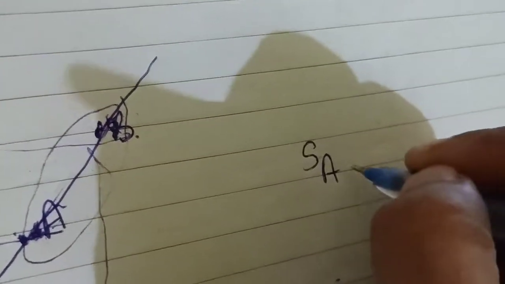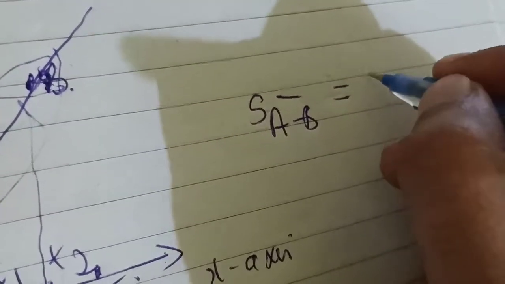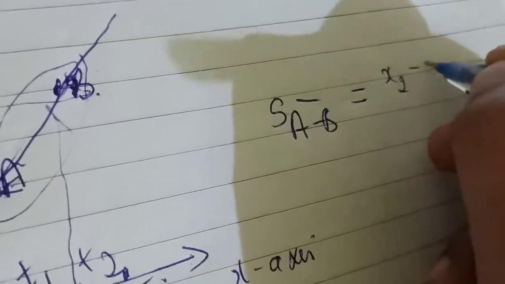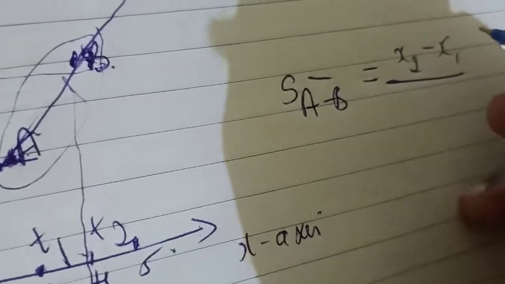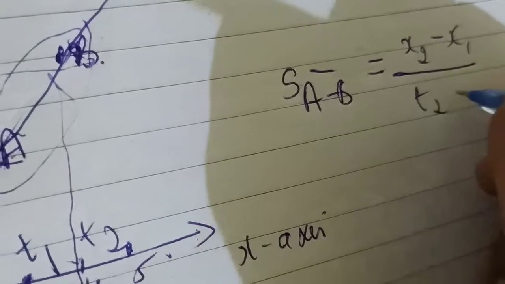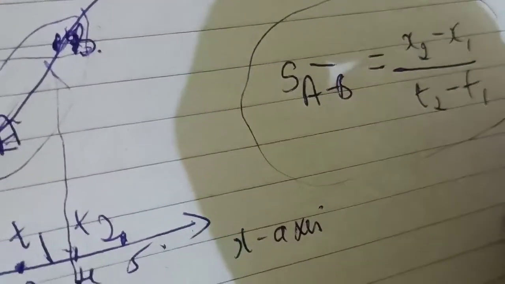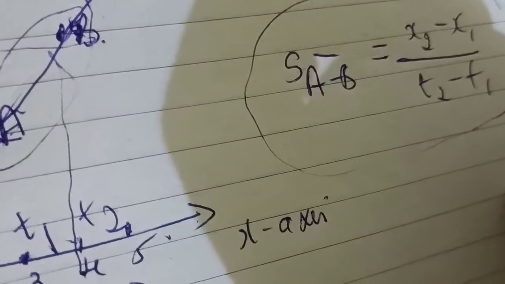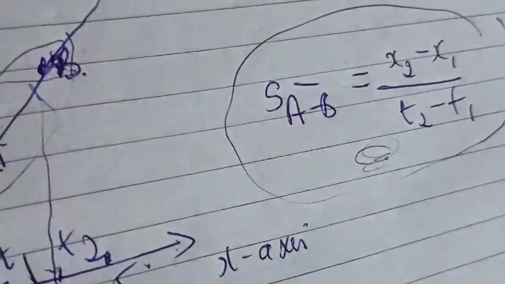So if you find out the speed now, let's find out the speed. Yes, that is speed from A to B. What do you get? D by T, that is D is x2 minus x1, that is final minus initial, isn't it? Then what is the time? T2 minus T1. So this result will give you slope, okay? So whatever you get here, that is called slope.